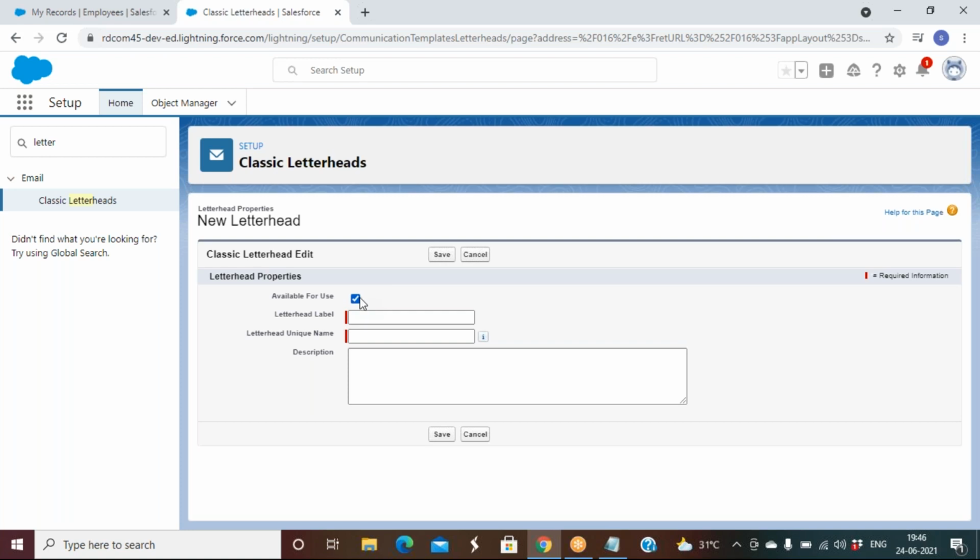Select available for use. So letterhead label I'll give RD letterhead. And then save.